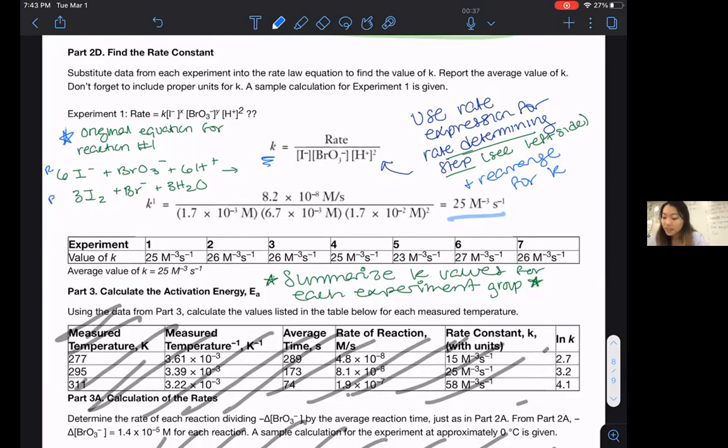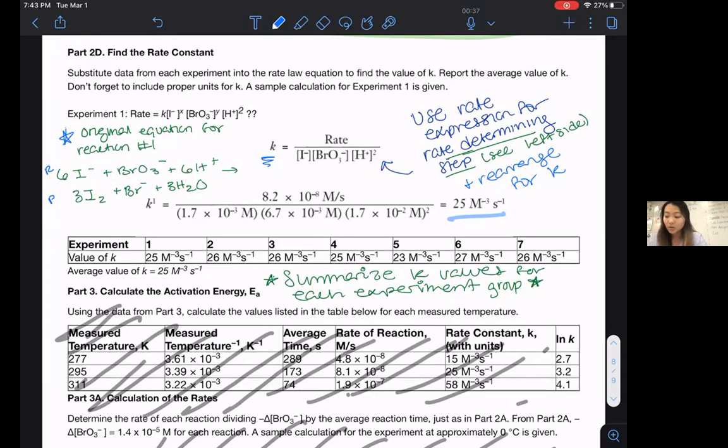You rearrange the rate law equation in order to isolate the K value, and then you simply choose one of those trials, just like we did when we first started talking about rate. You use one of those trial rates, you use the accompanying concentrations that go with that run or that trial, and you simply calculate the rate constant, which should stay the same no matter what you use, because your rate constant is supposed to be a consistent value for that specific reaction